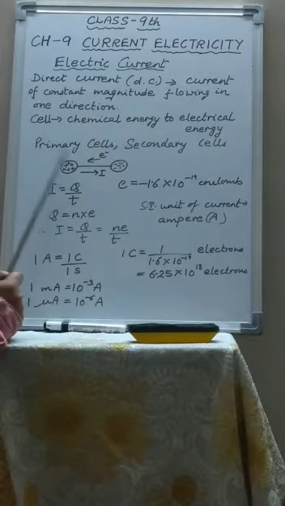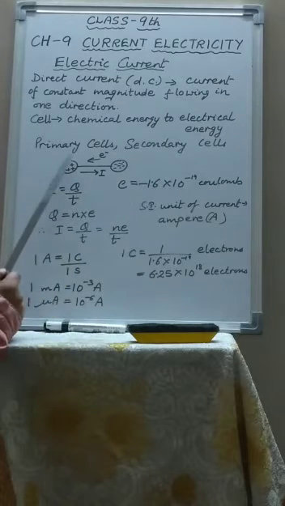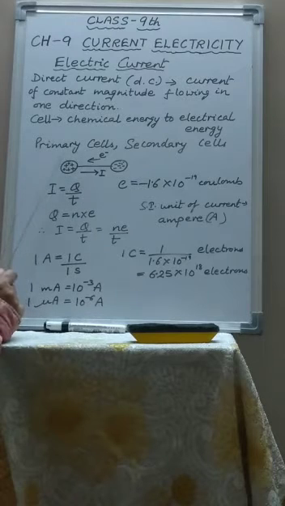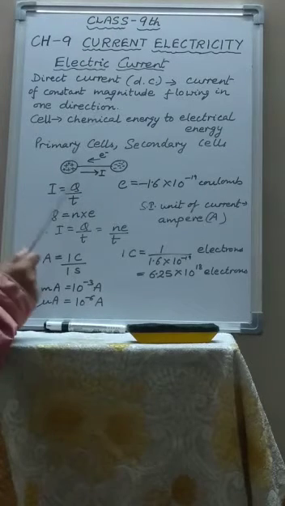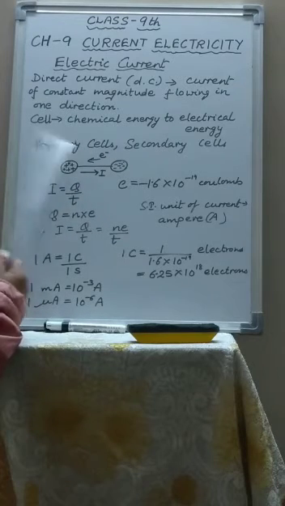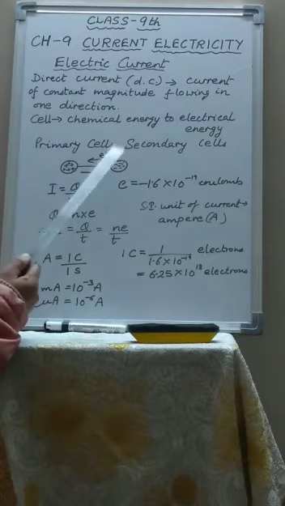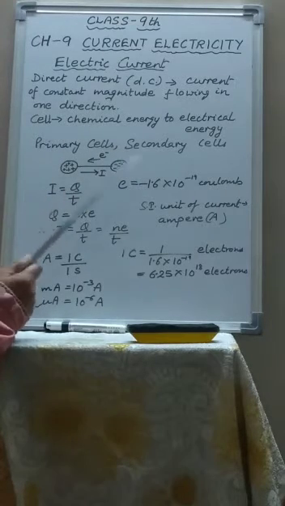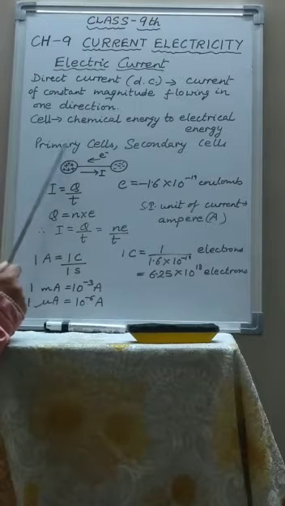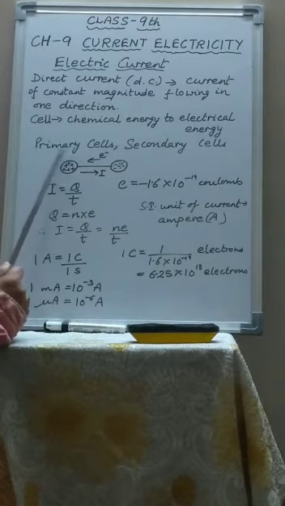Now electrical cells are of two types, primary cells and secondary cells. Those cells which provide current as a result of an irreversible chemical reaction are called primary cells. So they are called use and throw cells. Once you use them, the entire chemical energy has been converted into electrical energy. You cannot use them again. You throw them. They cannot be recharged. For example, simple voltaic cell, Leclanché cell, and dry cell are all primary cells.